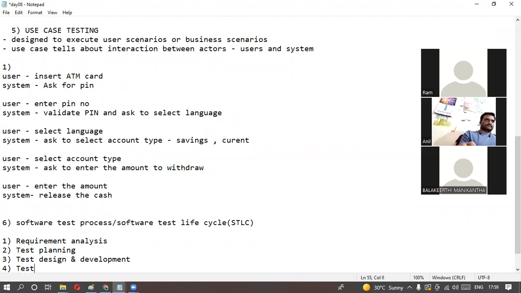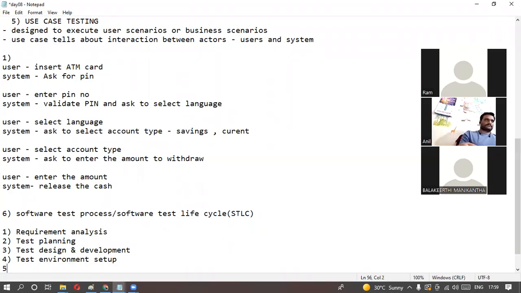Test environment setup. Next one is test execution. Okay, so if anyone asks what software test life cycle you are following,